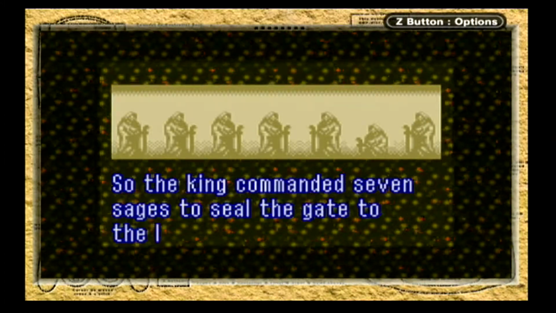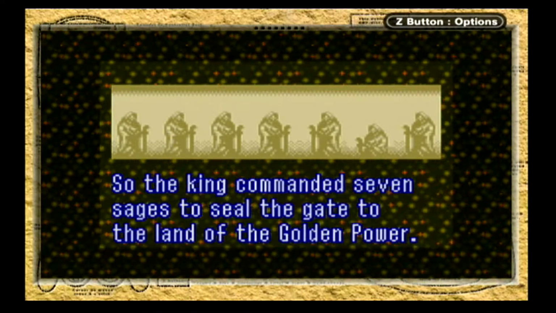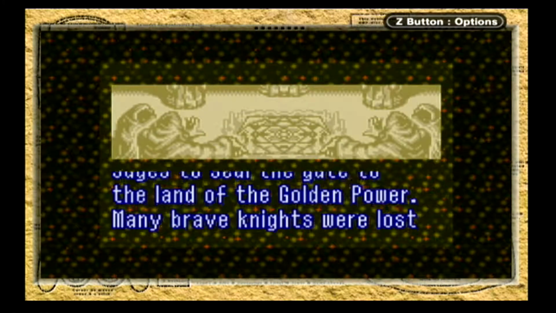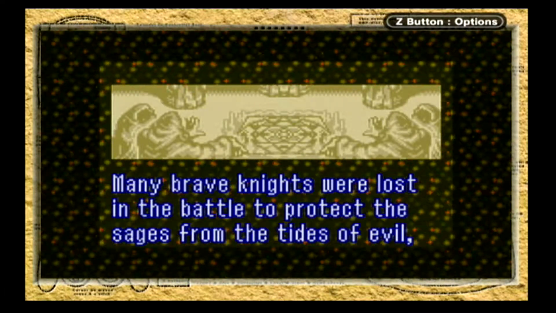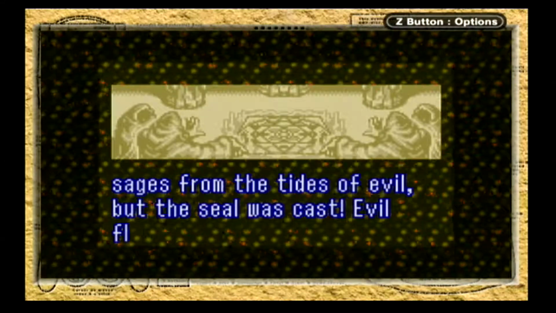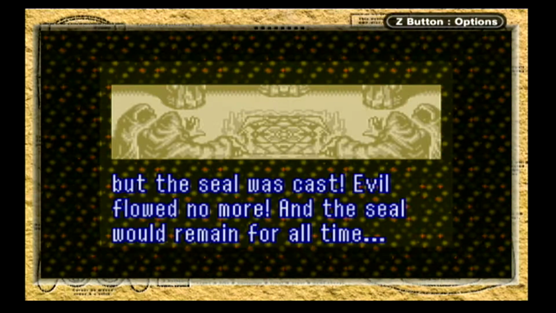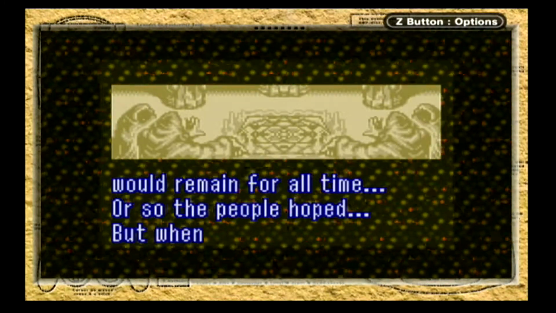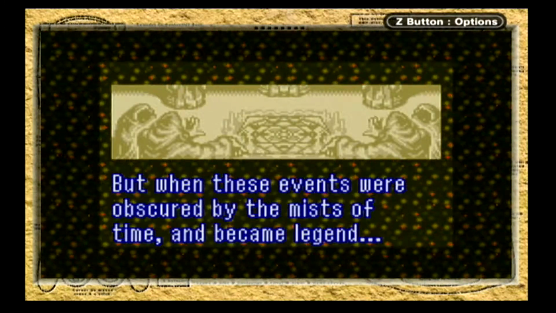So the king commanded 7 sages to seal the gate of the land of the golden power. Many brave knights were lost in the battle to protect the sages from the tides of evil. But the seal was cast. Evil flowed no more, and the seal would remain for all time. Or so the people hoped. But when these events were obscured by the mists of time and became legend,